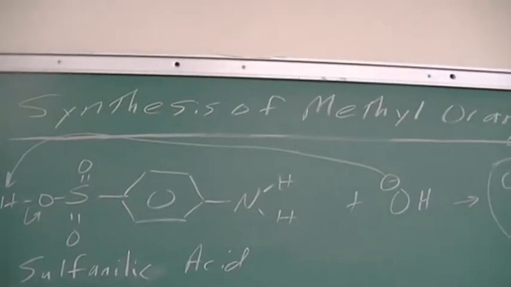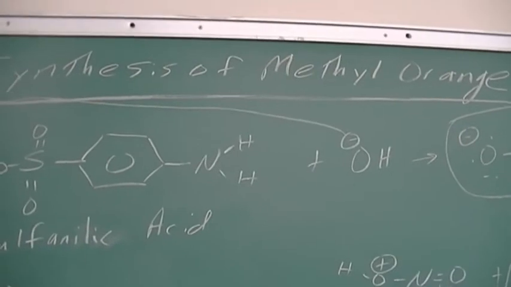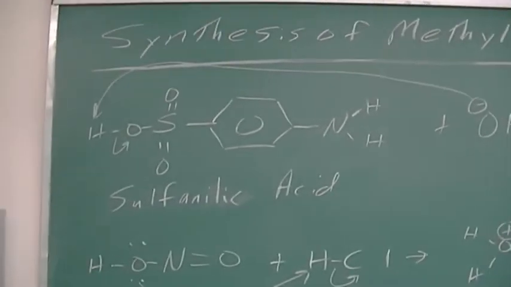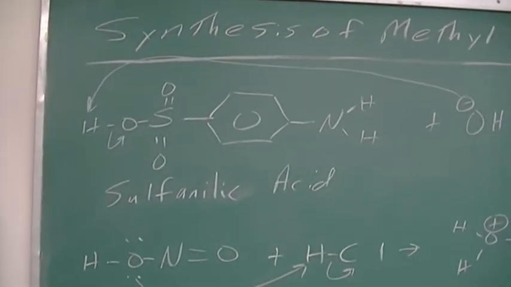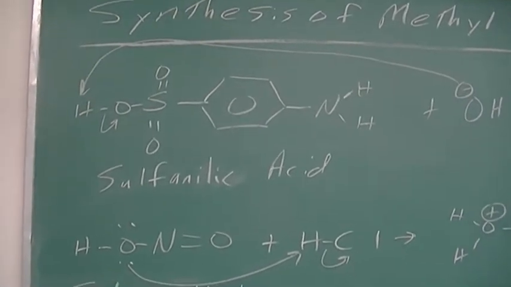Alright, today's experiment is synthesis of methyl orange. Methyl orange is an indicator. It will change colors at different pHs. To make this, we're going to take our sulfanilic